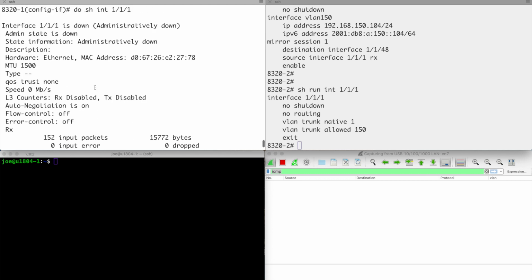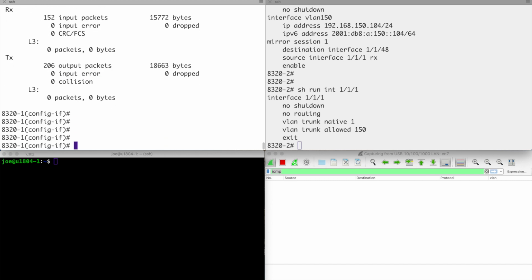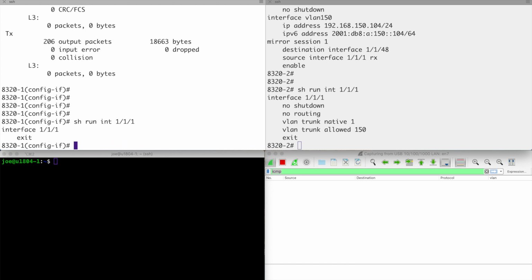Okay, now we are a layer 3 port. So it's admin down, like I said, but you can see L3 counters there. We don't have a trunk or an access statement anymore. This is what it now looks like. Okay, so you don't see the routing command because that's the default. And in this state, we can put our IP address